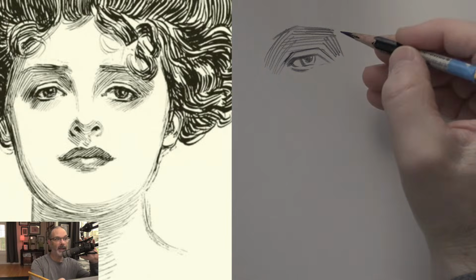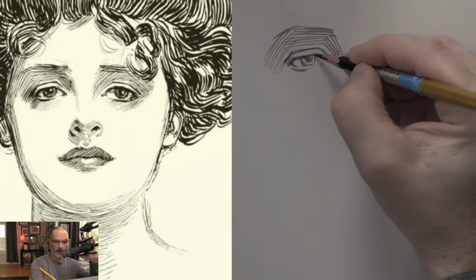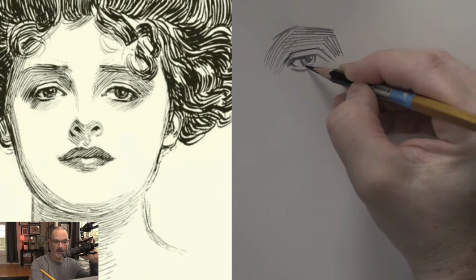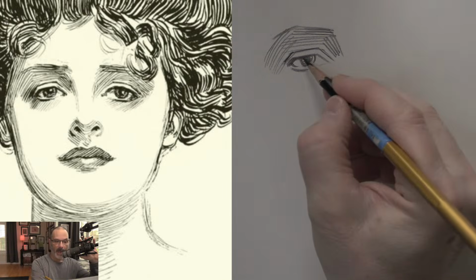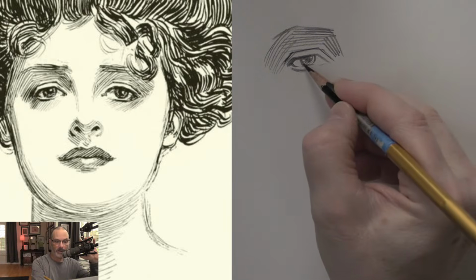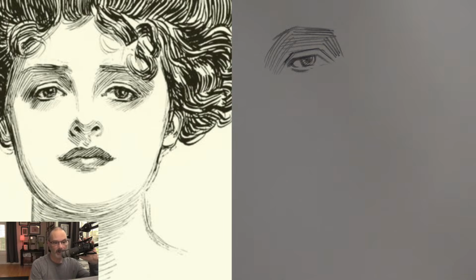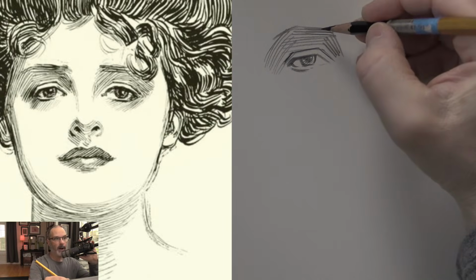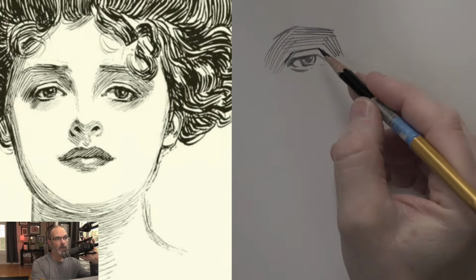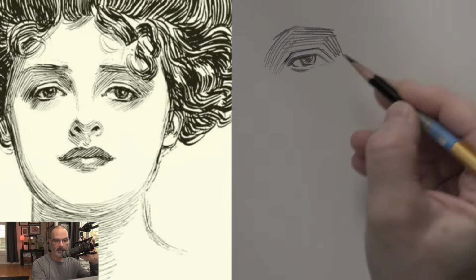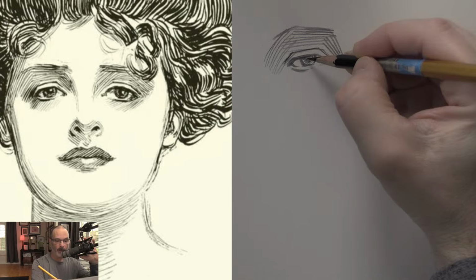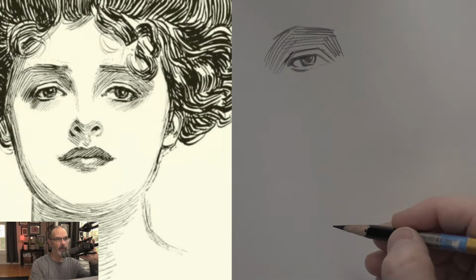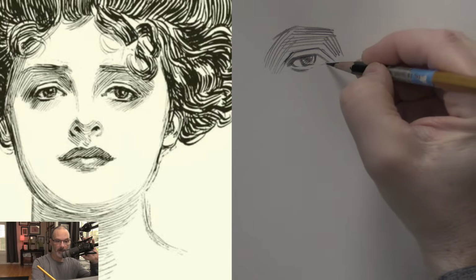We're going to leave a little highlight area there, and we're going to go darker with the edge of the iris. And then what I see are a couple of those lines that are kind of going like that. And I drew the eye a little bit too tall, so the likeness in me is having an allergic reaction to my drawing right now. But let's just leave it and move on. What I love about this is that the pupil and iris blend in with the lash, and that's something you need to do. So a little bit at the tear duct,